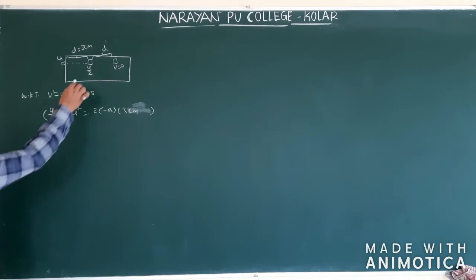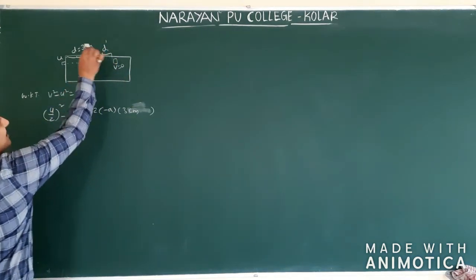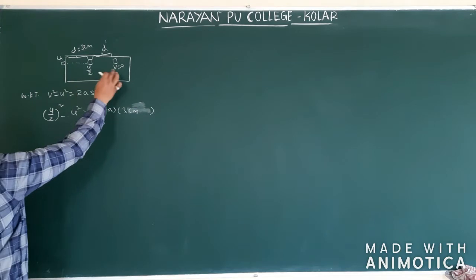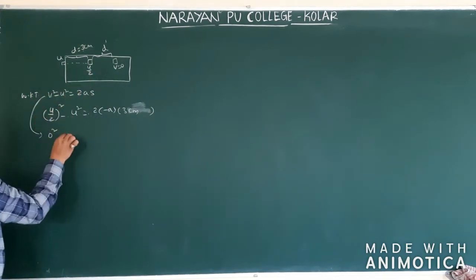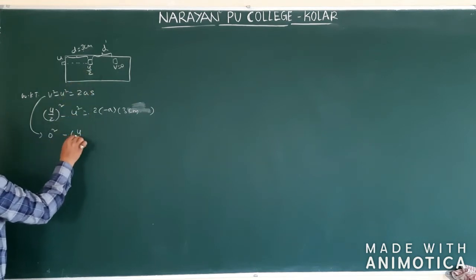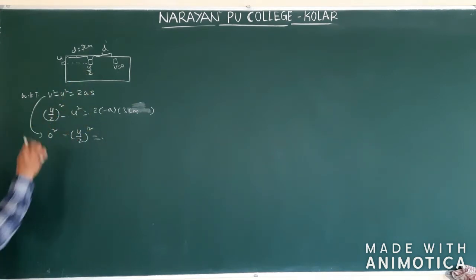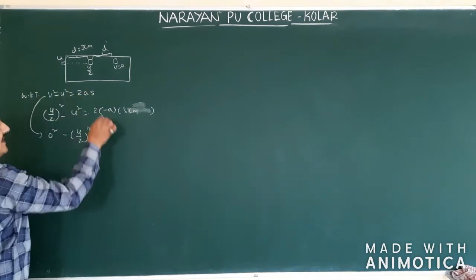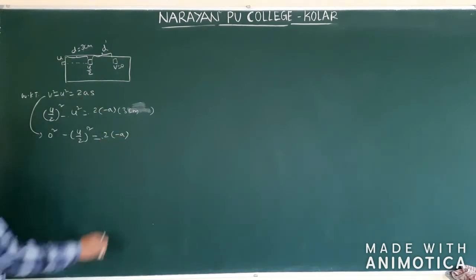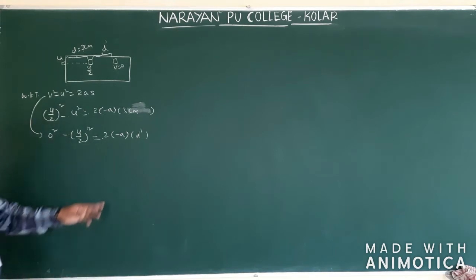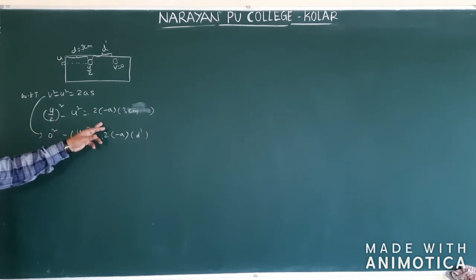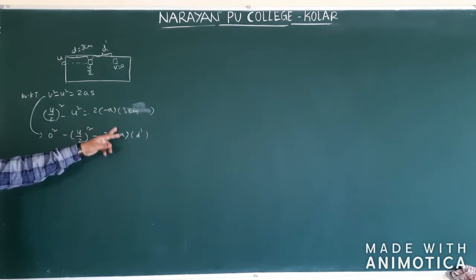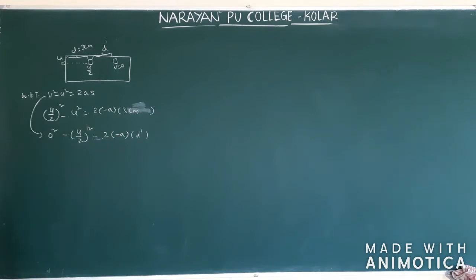Now next equation. From here to here, because this d dash we have to find. Okay. So here final velocity how much? 0. In this equation we can say 0 square minus initial velocity here u by 2 whole square is equal to 2. A is nothing but the same minus a. Yes, yes means d dash. This d dash only we have to find. Isn't it? Now, what is LHS? What is RHS? And how you will be getting this minus a here? You can substitute, you will be getting the answer.